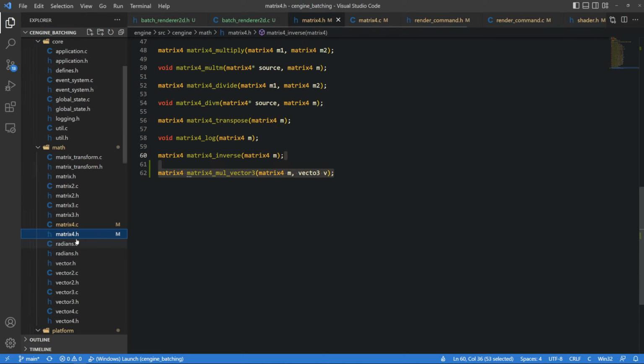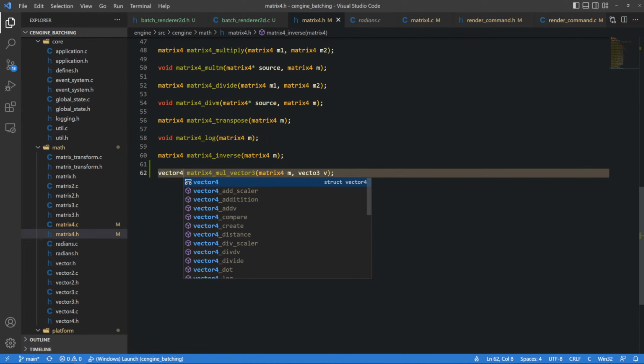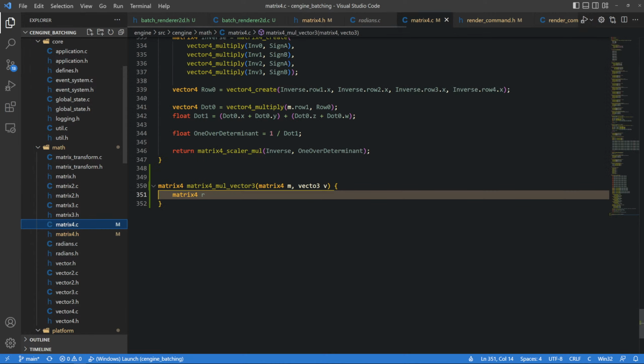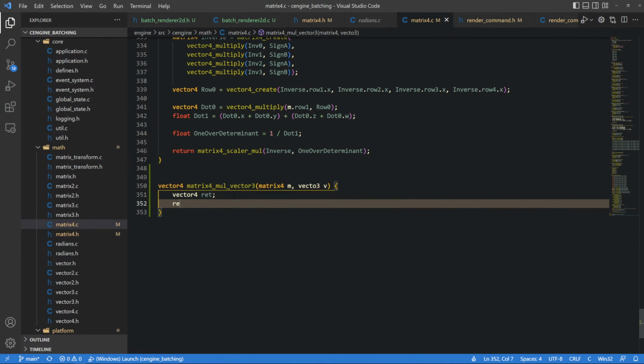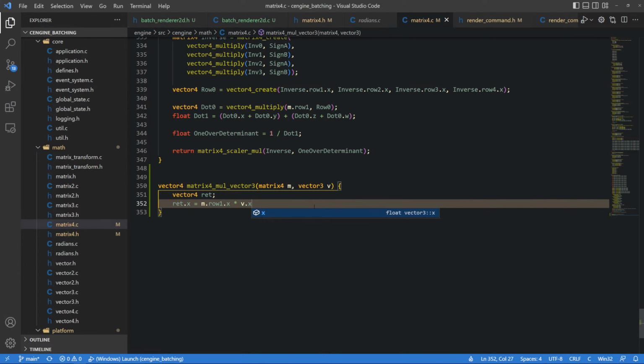No, it's returning a vector4, ret, and ret.x is equal to m.row1.x multiplied by v.x plus